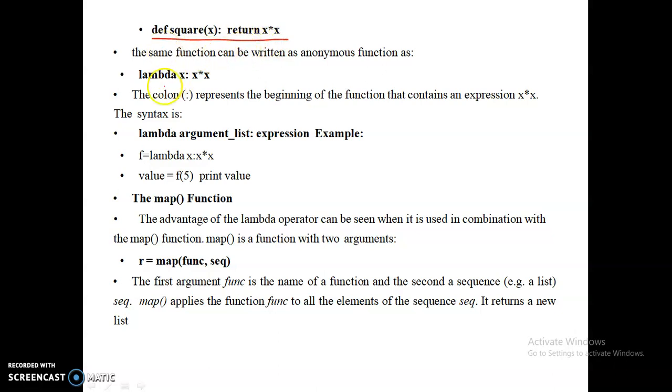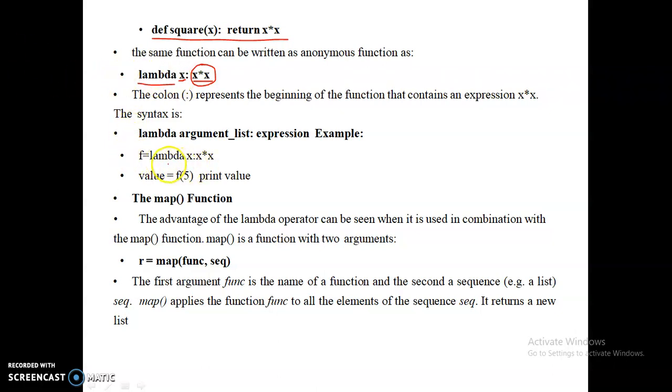Without that, we can simply write a lambda function as lambda x. x is the argument for the function. Here we don't have any name. lambda is only a keyword, x is the parameter for the function, and that x value is substituted here and it finds the square. Whatever statement you write here is returned from this particular function. After the colon we write the required line of code, and the result of that line of code is returned from the function.